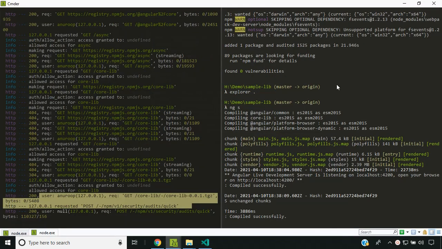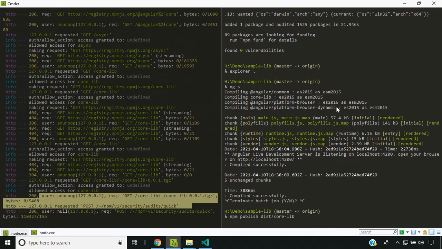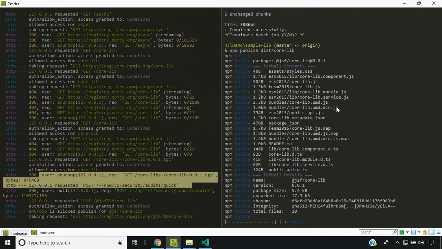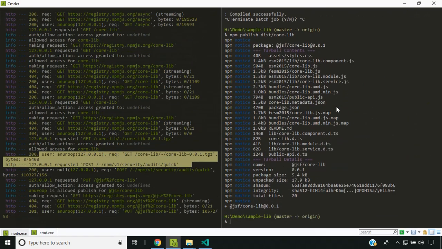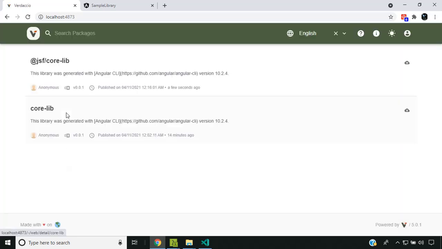Now let's go ahead and publish this library. So now if you go to Verdaccio, you can see that that particular library has been published with a scope at JSF.